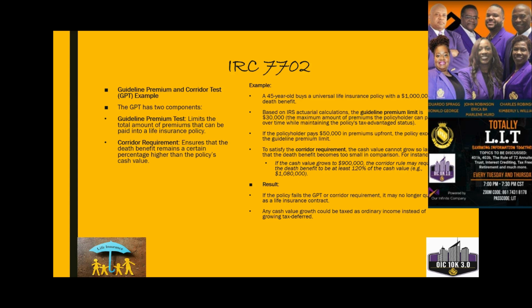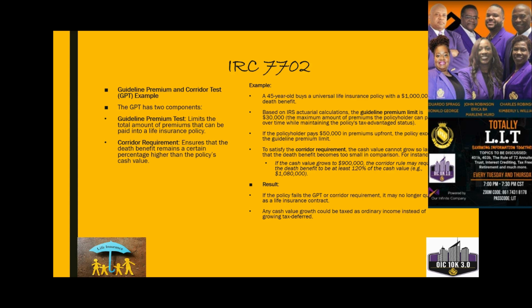And here's an example of a policy not meeting the guideline premium. This is an example of a 45-year-old who buys a universal life insurance policy. As you notice, with the example of the cash value test, we talked about a whole life. Now, this example includes a universal life insurance. That's why I encourage you to reach out to a financial professional or a retirement specialist if you would like to use a life insurance contract to grow and plan for your retirement future. You definitely want to make sure that you partner with an expert.